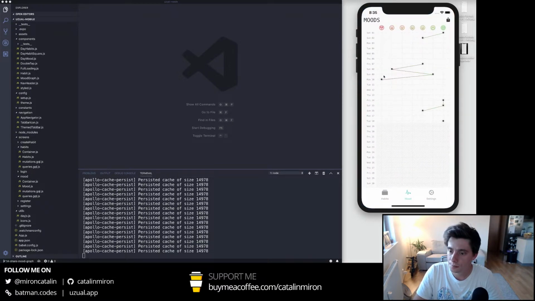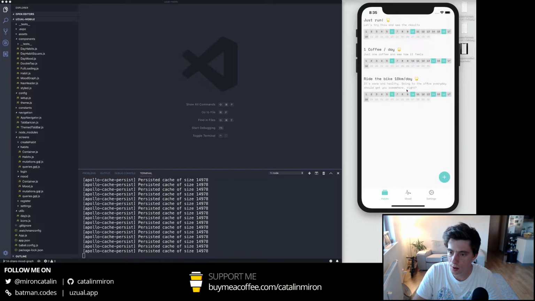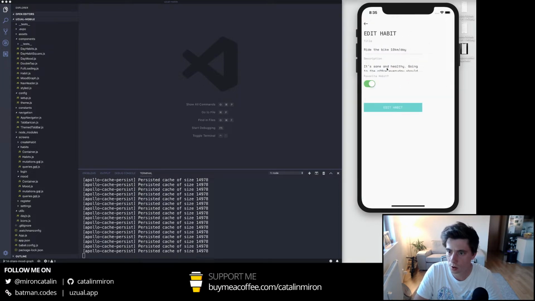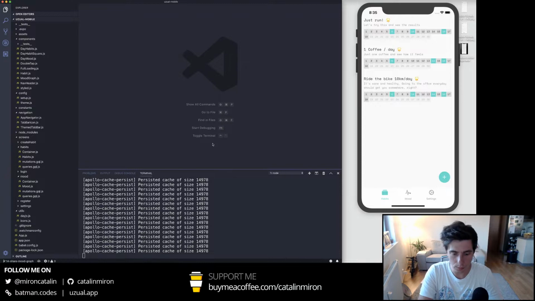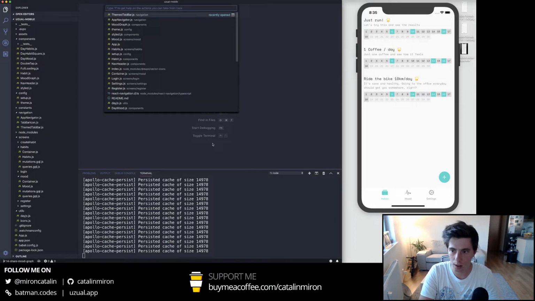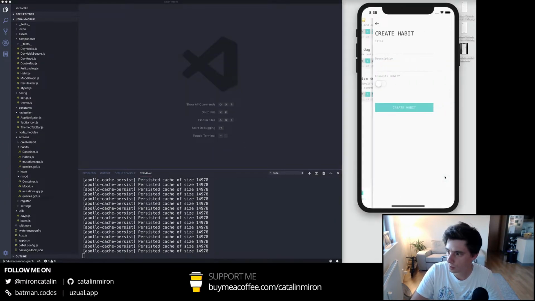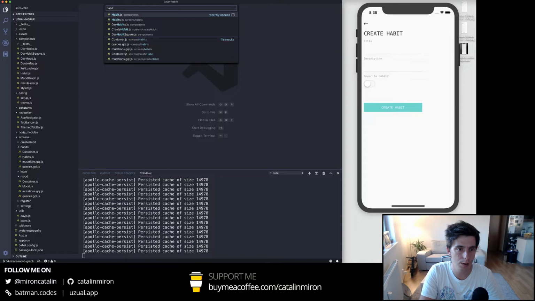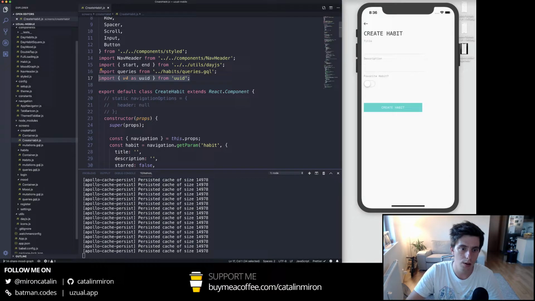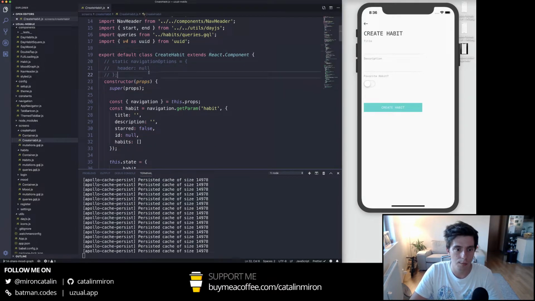But now what I would like to do is, whenever you click on an item, it should go to this edit habit screen, right? Instead, I would also like to create here a button saying delete habit, right? So in edit habit, so create habit. Actually, first thing, let me,